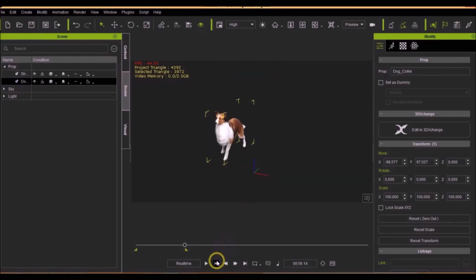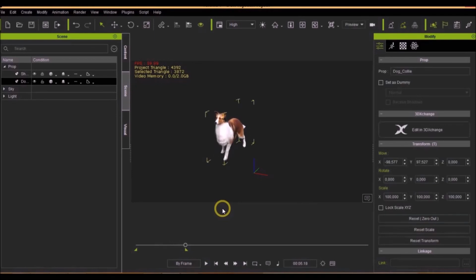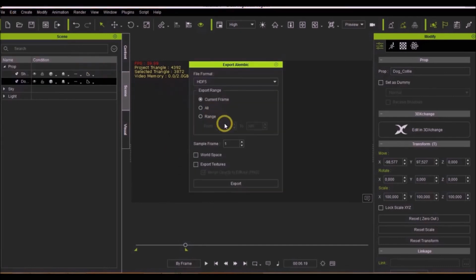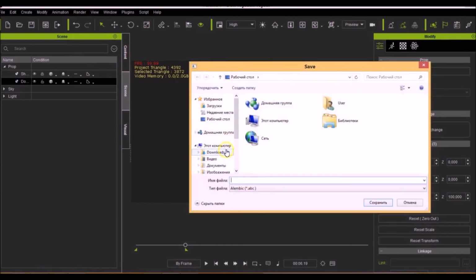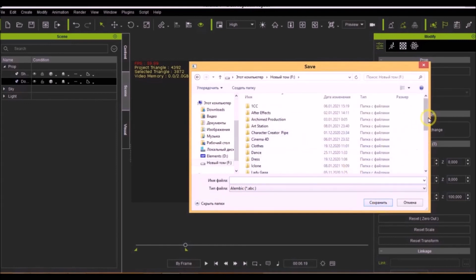Now we can see that 3 types of files have appeared in our folder: the Alembic file itself, texture files, and the INI file, which describes the statuses of the polygonal mesh and material image for the ratio of the material image and textures.